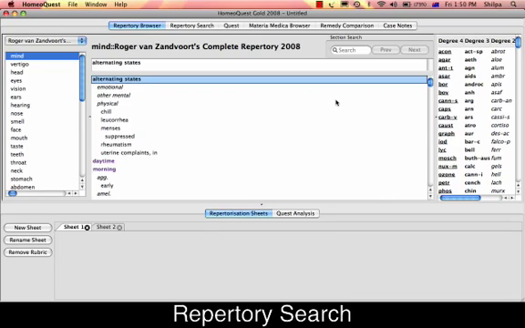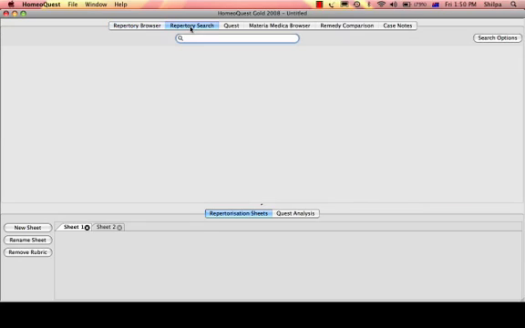When you open up your Quest, this is your opening screen. To get to the repertory search section, you'll have to press the tab here. So that's your repertory search. This is a global search where you search from all repertories together. So it's one of the most ideal ways of choosing your useful rubric for your cases from your entire repertory